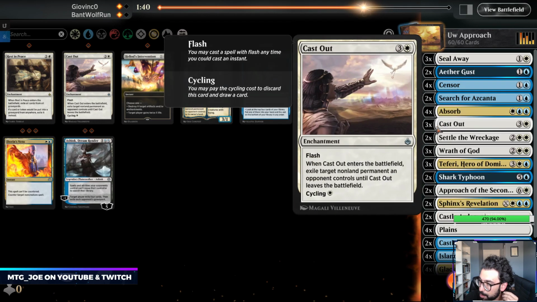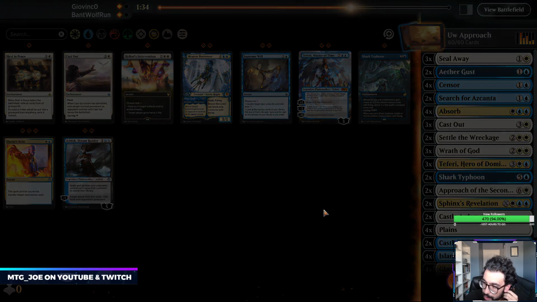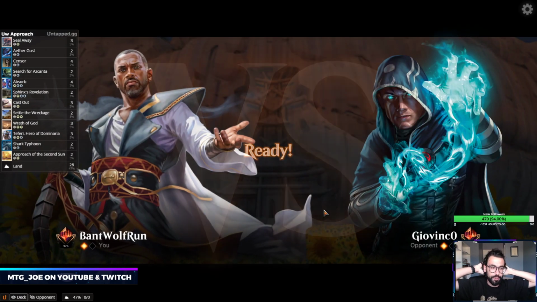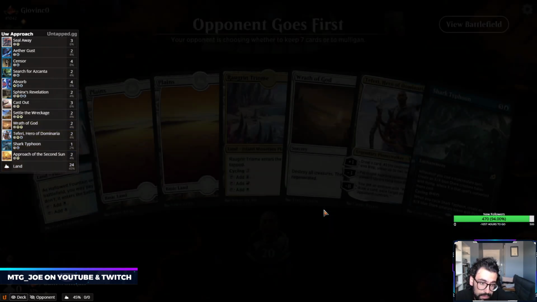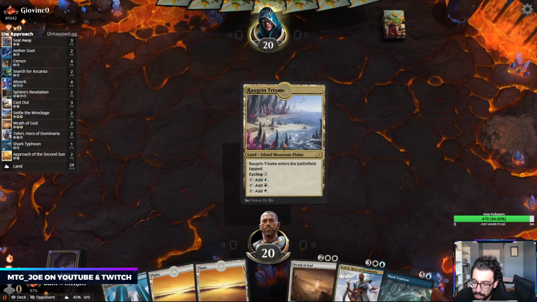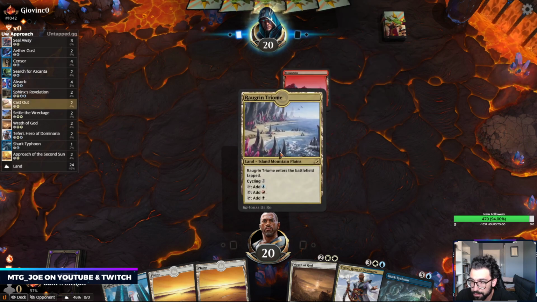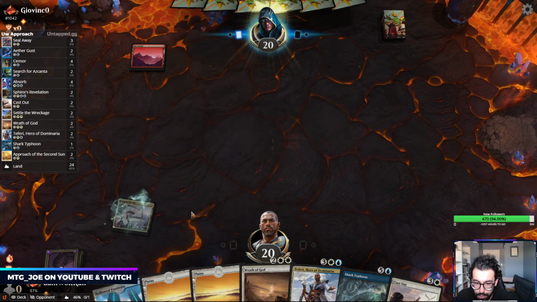I think we get rid of the Supreme Wills, keep the Cast Outs. Go like that. Because at the very least, Shark Typhoon cycles for a creature. They're on the play though. Let's keep. I can make a blocker on turn 3 if needed. But ideally this curve goes...